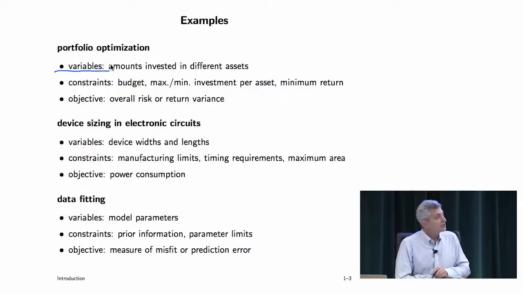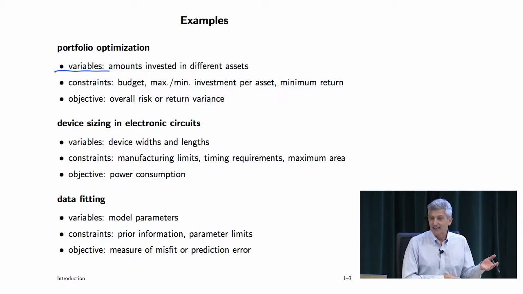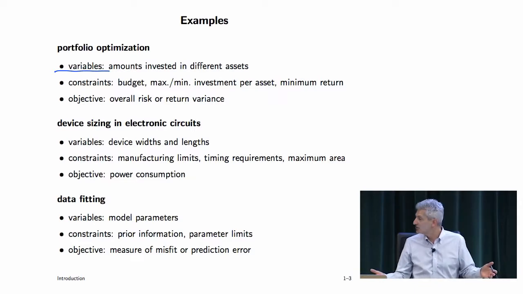So there's lots of things they could represent. Also, by the way, negative could be used to represent a short position, right? These are assets you borrow but have the obligation to pay back later. And that's essentially the same as owning a negative number of them. Okay, so these are the variables, right? And so you would talk about a vector x in this context as a portfolio vector or a portfolio allocation vector, right? That would mean how you allocate your budget across a portfolio, something like that.